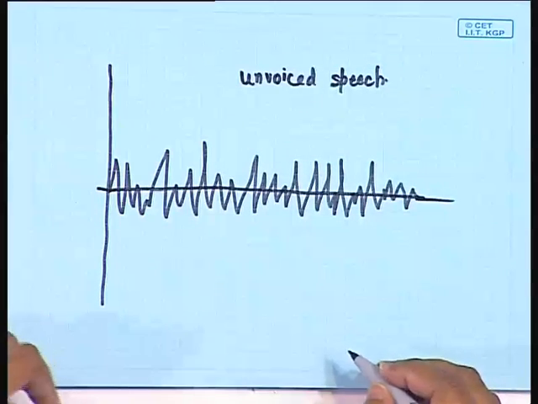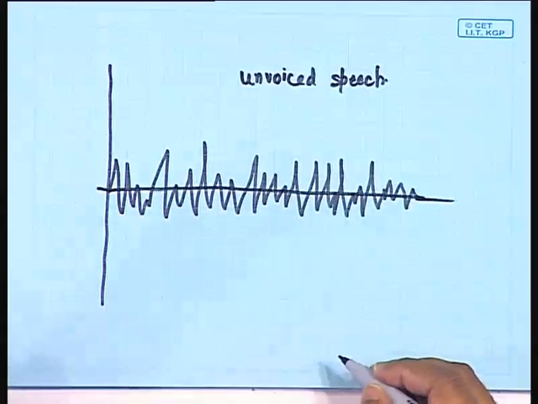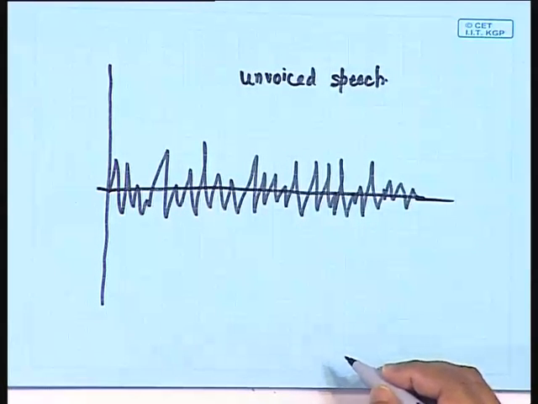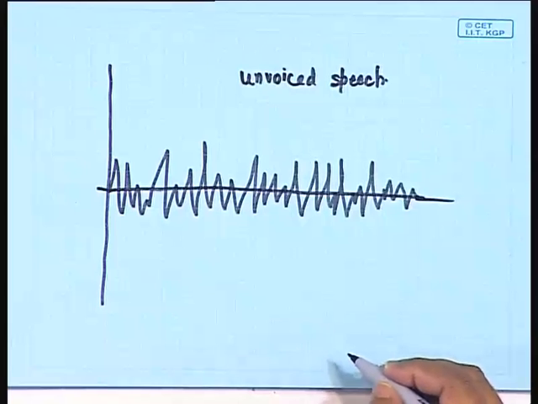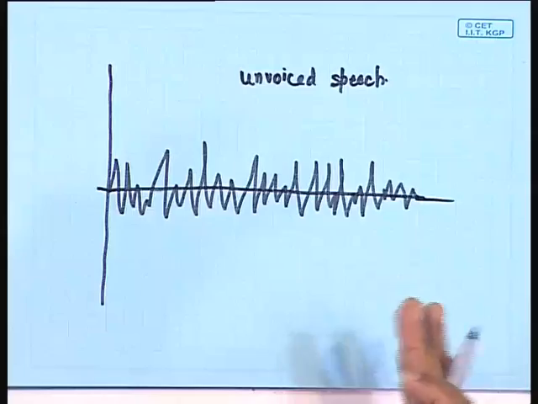I mentioned a little while back that unvoiced speech is the one that is not produced from the vocal cords. Okay, that's not produced through the glottis. It is just a result of the constrictions that we create in our vocal tract. So, this is actually the kind of model that we will be following for the voiced and the unvoiced speech.